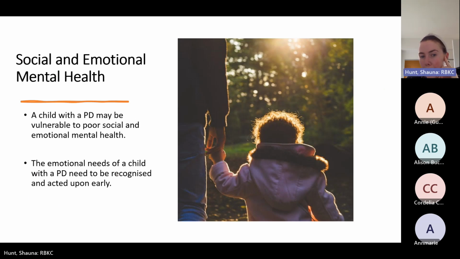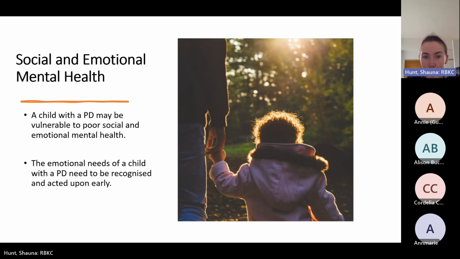Okay, thinking about social and emotional mental health for children with physical disabilities. Some children may have experienced social exclusion as a result of their condition. They might have been unable to participate fully in many everyday activities. They might have watched their peers and siblings develop skills that they will never have, and their body also looks different from their peers. So be mindful of their self-esteem, that this could be quite low, and they might have a poor body image. These children can be quite prone to experiencing depression and anxiety.